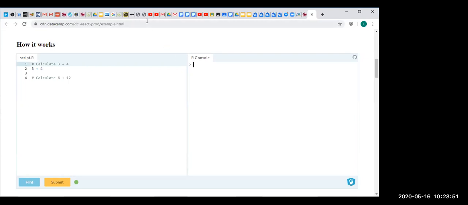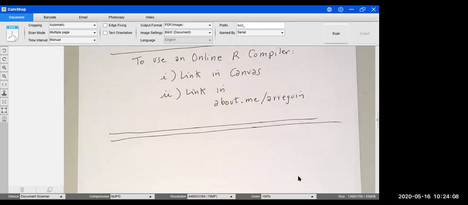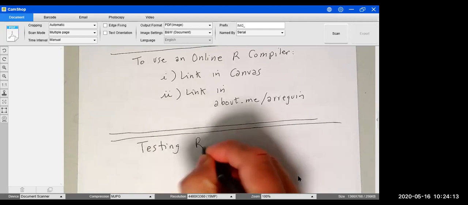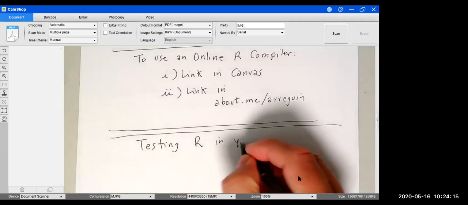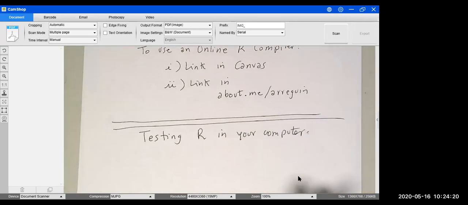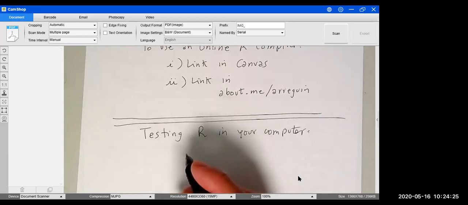So now I'm going to give you the first assignment, an important assignment about R. Once you install R, you're going to run a very, very short pair of commands to test the system. So we're going to test your installation. This is going to be testing R on your computer. You're just going to do a very simple thing. You're going to type something like